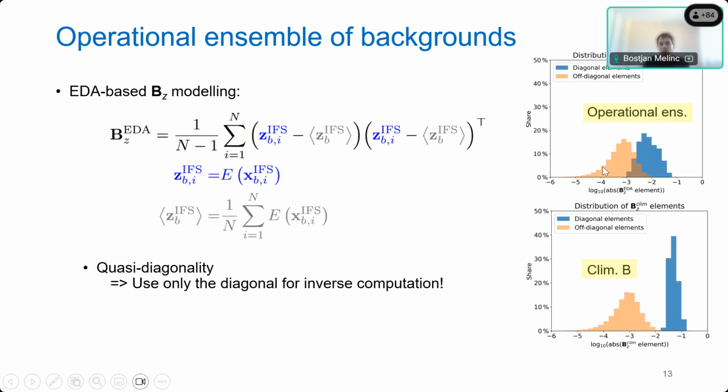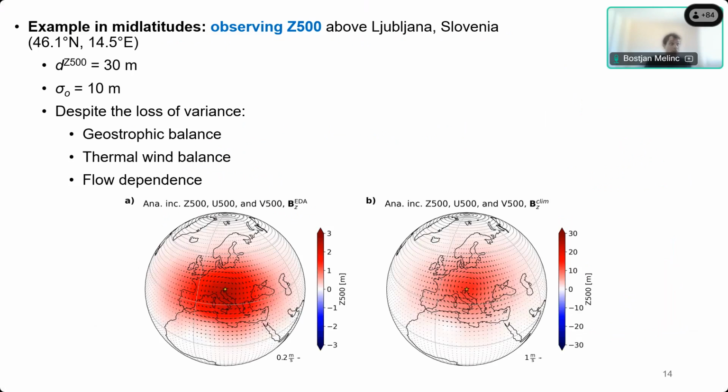But given that the off-diagonal elements have similar magnitudes, we speculate that they only resemble sampling noise. And that's why we decided to once again continue with this radical approach to only use the diagonal for the inverse computation. And what we get if we repeat the same experiment in mid-latitudes, but this time with the operational